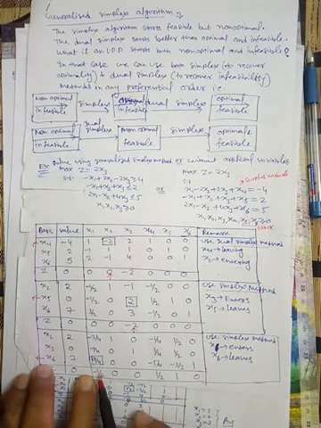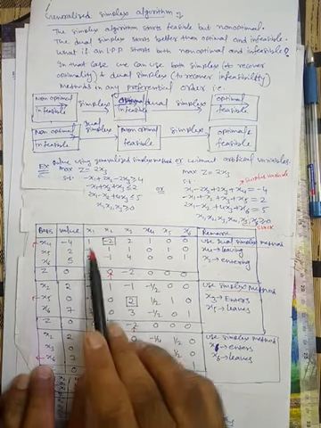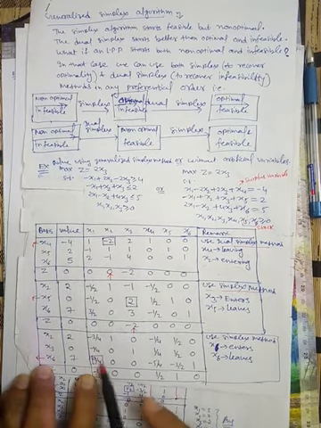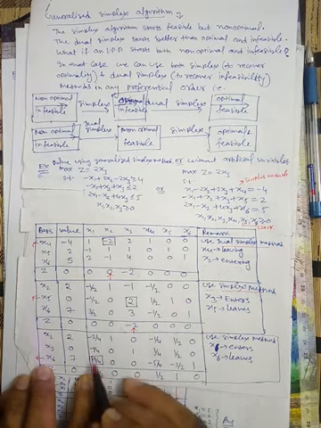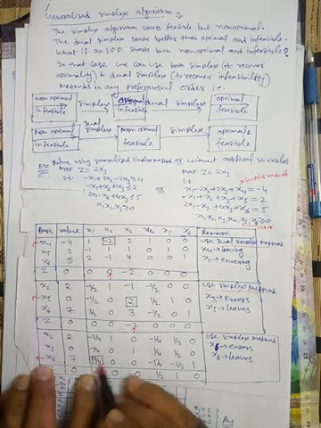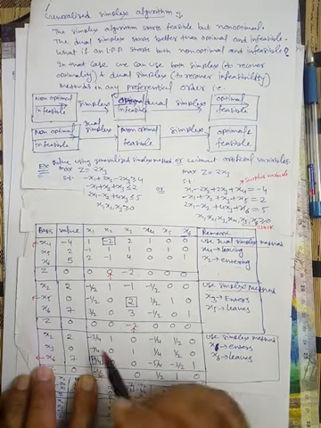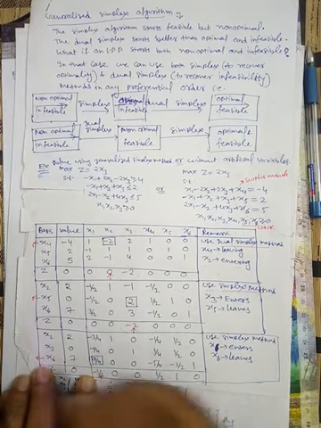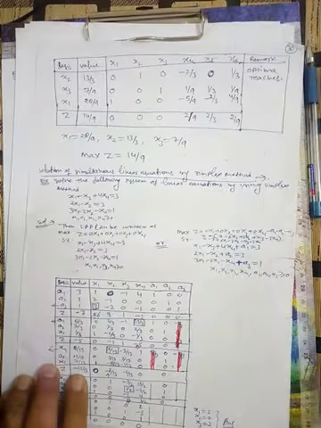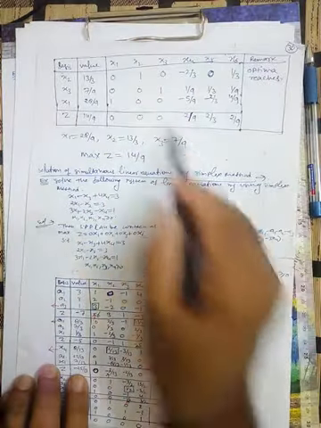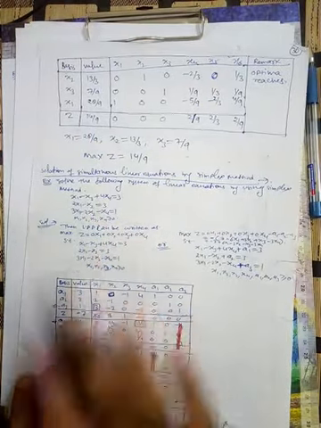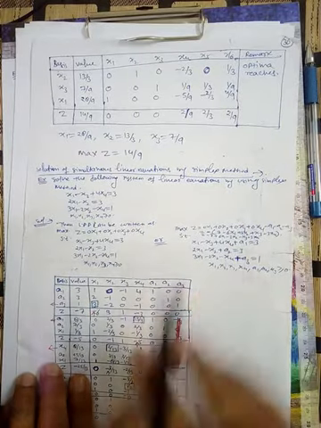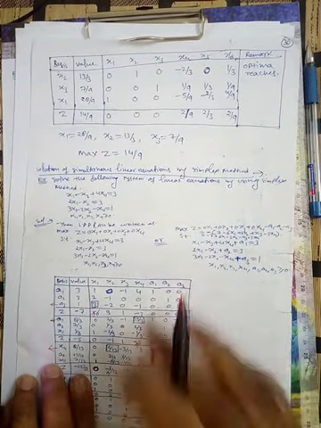Again apply the simplex method. So now x1 enters the basis, and since we have only one positive value, both are negative, so we will not take the ratio. We will take the ratio with respect to only this variable x6. So that's why x6 leaves the basis. Once x6 leaves the basis, we get this solution, which is optimal as well as feasible. So this is the solution. Fine. So this is the solution pattern of a generalized problem.